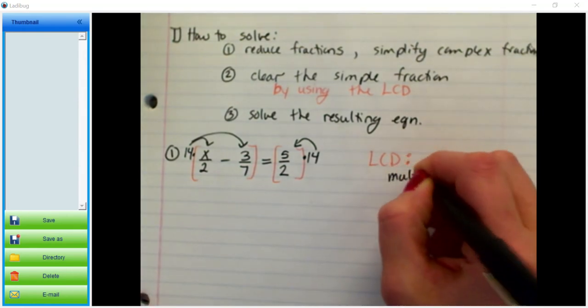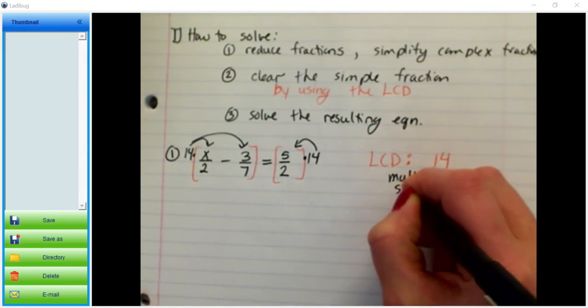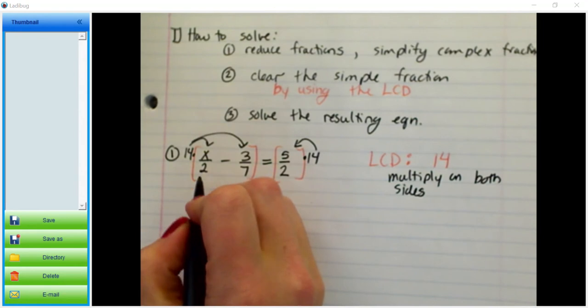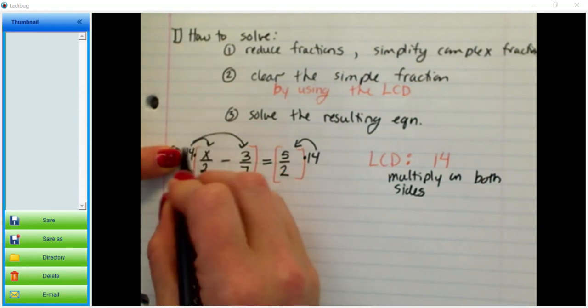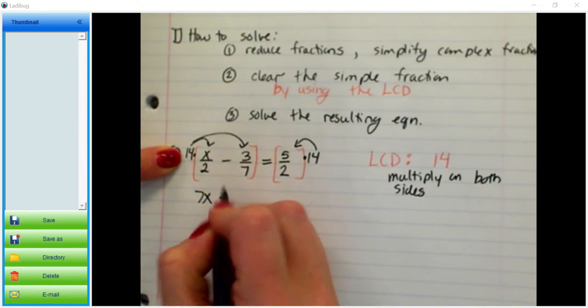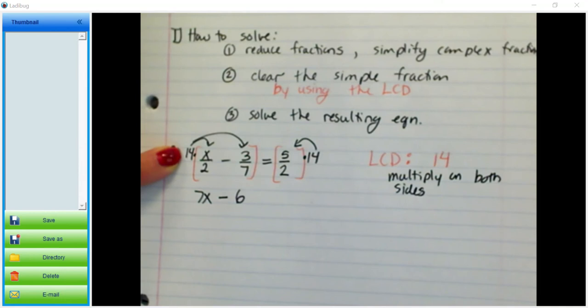Multiply on both sides. This is not a new strategy. It just looks a little different because we've increased the difficulty of the equation. And so I'm going to distribute here. Well, that reduces and I get 7x minus 6. I'm not actually doing 14 times 3, guys. I'm reducing 14 and 7 and multiplying by 2